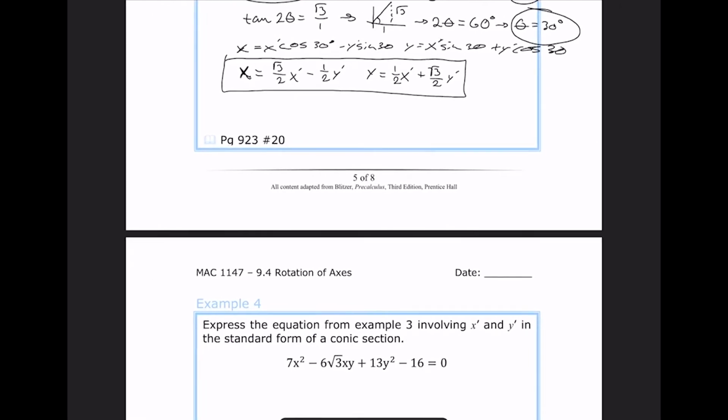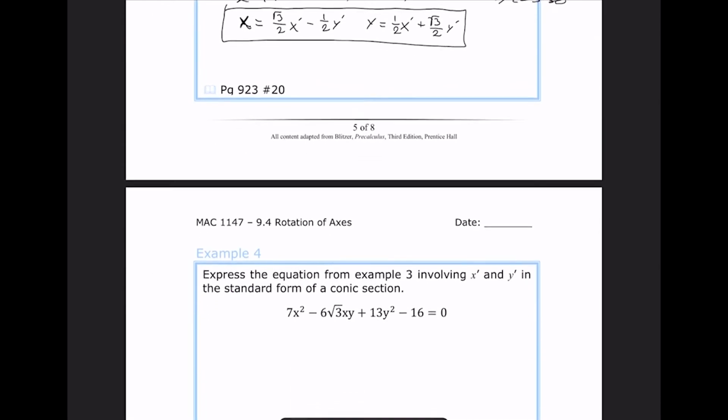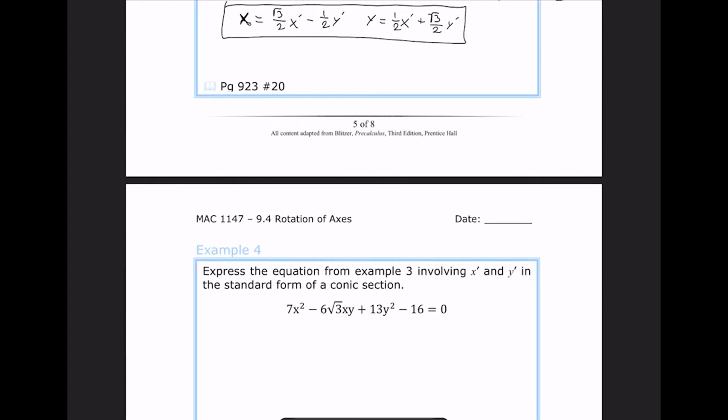I'm going to leave it zoomed out for a second while I make my substitutions. Everything involving this first term I'm going to do in black. Everything involving the second term I'll do in red, and I'll do the third term in blue just to help stay organized. So here, first we have 7 times root 3 over 2 x prime minus 1/2 y prime squared minus 6 root 3